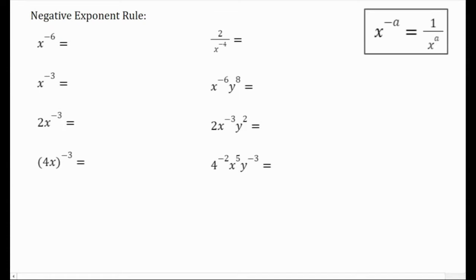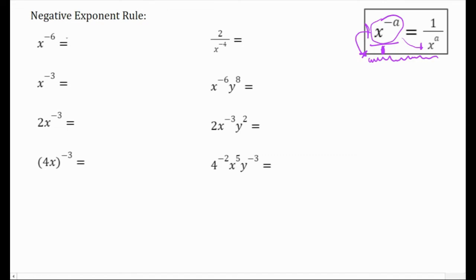Here we have the negative exponent rule, a rule that's going to help us deal with exponents and simplify them. The rule for exponents is we can't really ever have a negative exponent. So the way that we can represent a negative exponent is basically anything attached to a negative exponent gets thrown into the denominator. Just like this is x to the power of negative a over 1, I'm basically just flipping it to the denominator, and the top then just stays as 1 over x to the power of